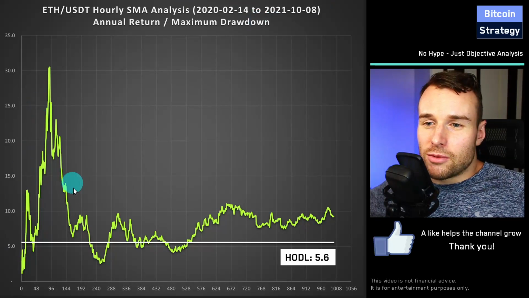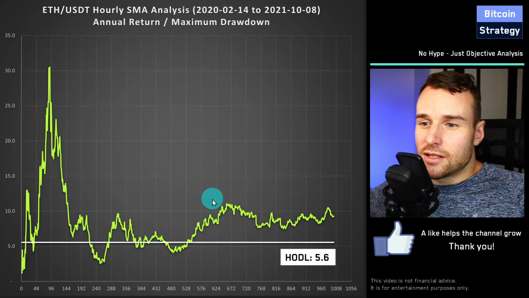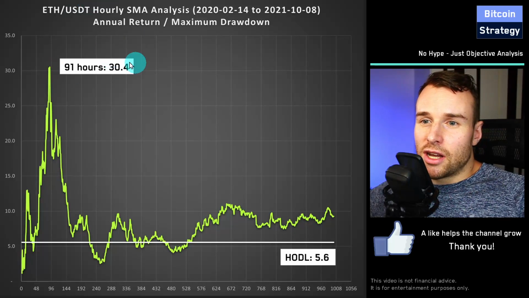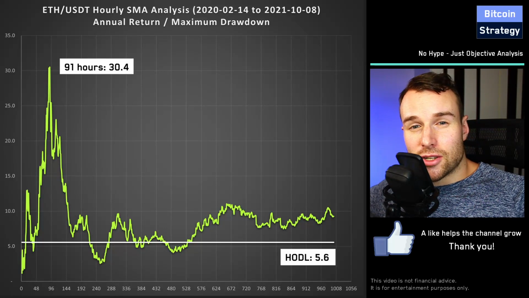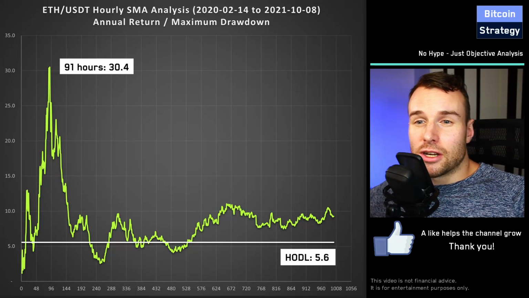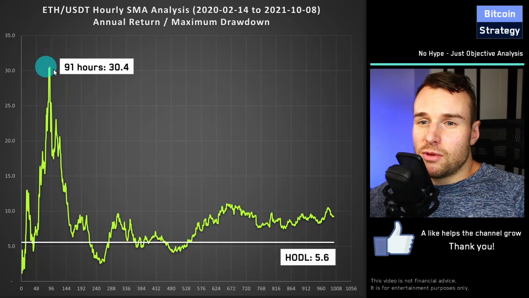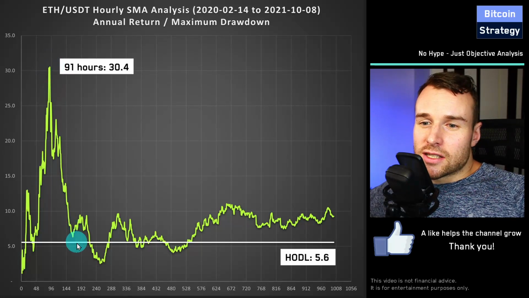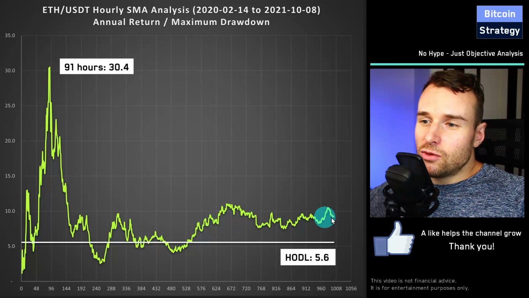And now these are the results without trading fees, best being the 91-hour moving average. No surprise here, right? It gave the best return. It also gave very little drawdown. So a much better risk versus reward. But what's also interesting is that for most of these strategies, for most moving averages, we did get a better